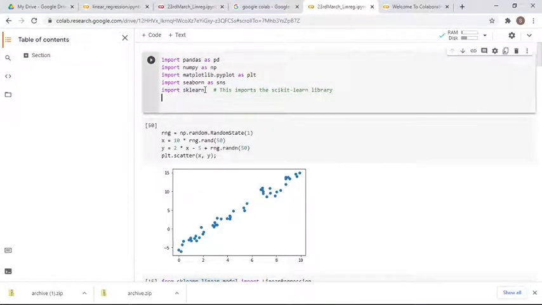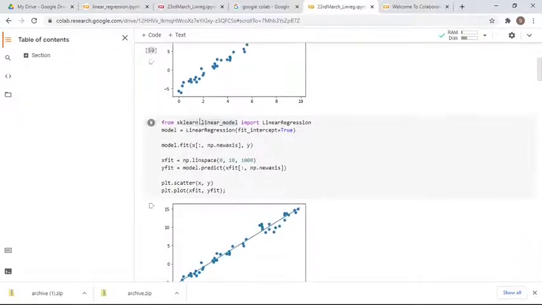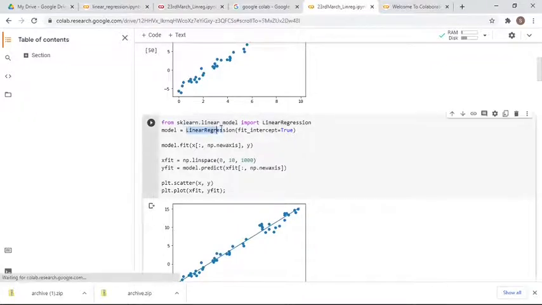In the last class I told you that in machine learning projects we have to import sklearn, because there are various packages available in this library. From this library we are importing the LinearRegression package, and then we are developing a model over here, with LinearRegression fit_intercept equal to True. That means we are going to fit the model.